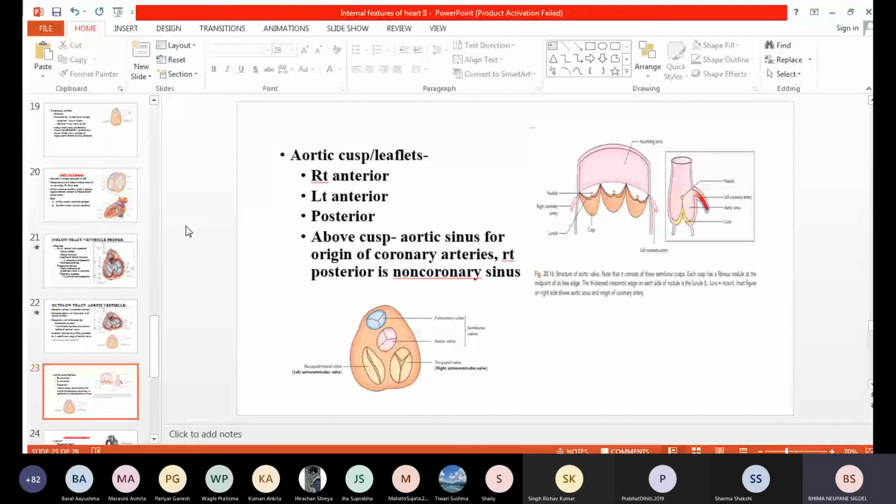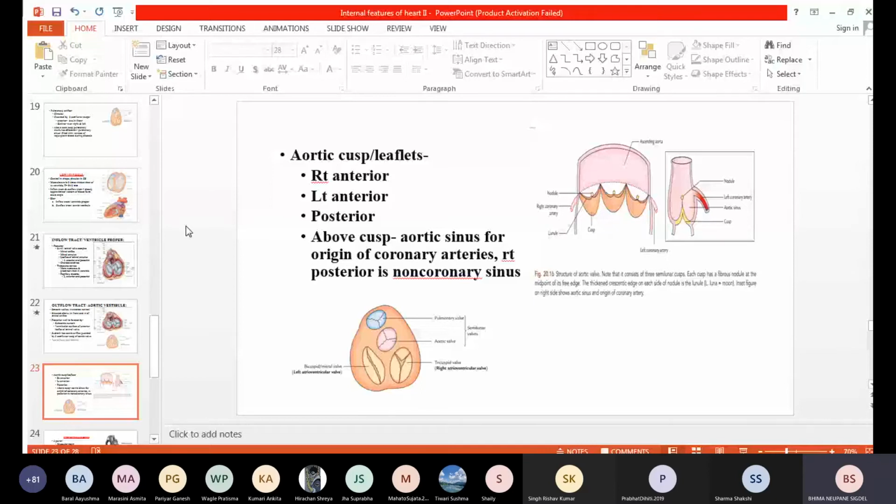On the lower end, inferiorly, you can see the muscular interventricular septum. So there are two parts. One is muscular, which is thick, whereas the thin part is the membranous part of the interventricular septum, which is very short. That short area is the membranous part, whereas the large part is the muscular part of the interventricular septum, situated anterior and inferior.